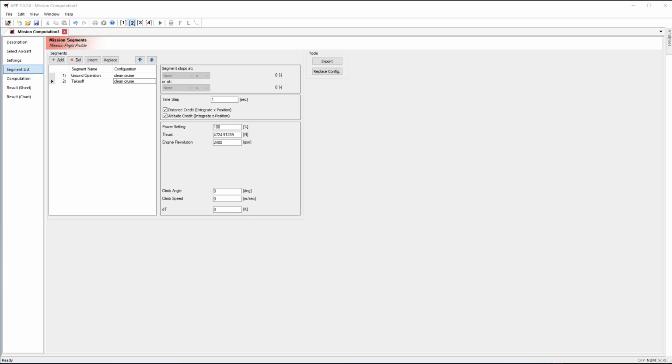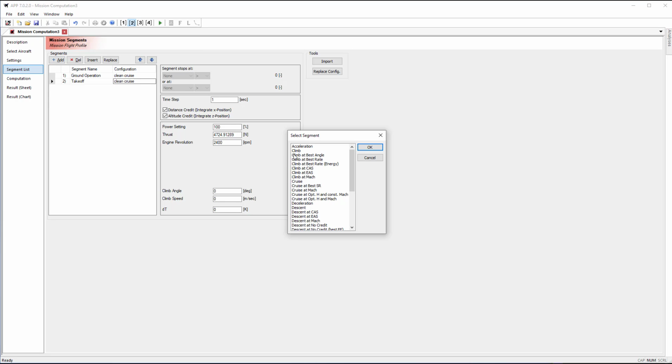The next segment we're going to add is a climb segment. So go ahead and select add. And notice there's actually multiple climb segments. We're not going to use any of these right now, but these optimize for the item that they name. So climbing at calibrated airspeed, climb at best angle, best rate, etc. We're just going to use the generic climb